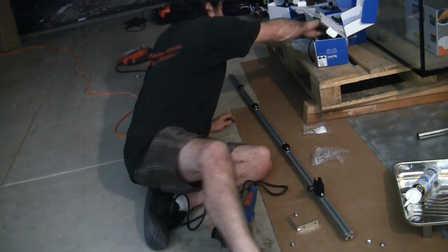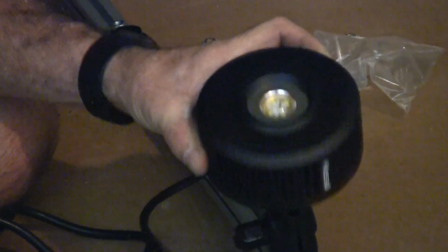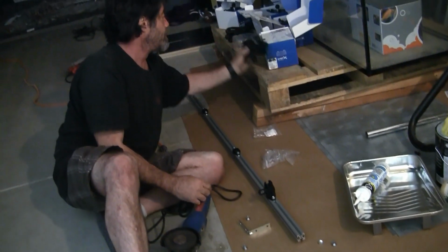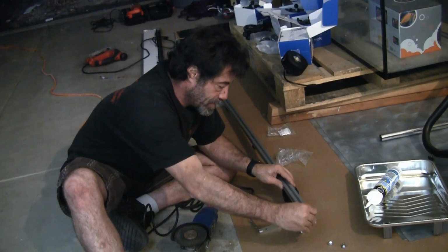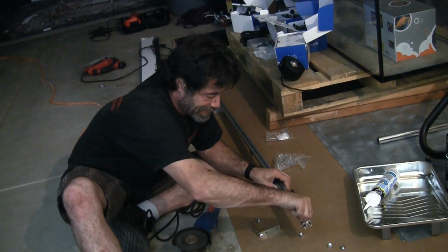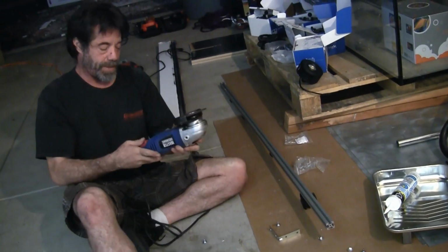And the Kessels will mount into these nice little articulating mounts from Aquarium LED Mounts, and we'll be able to angle the lights however we want. But in the meantime, gotta make these work here. Carriage bolts, yeah, that's what they're called, carriage bolts. So, we're gonna do some more modifying to them. Or I think what I'm gonna do is try to grind out the